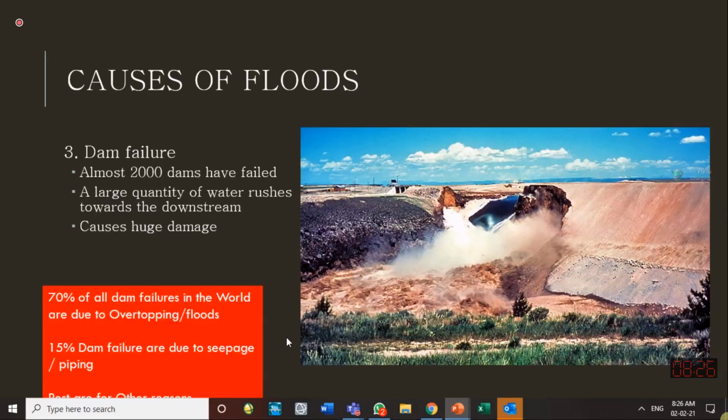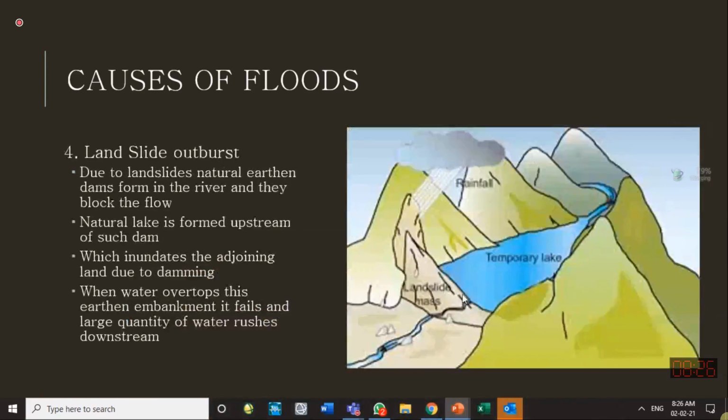So here is the example of the dam break, and it can cause huge flooding. Here is the example of the landslide. A landslide occurs over here, and a reservoir is created, because this blockage of the river is not engineered. Just soil, debris and rocks have stopped the water. So most of such landslide dams are breached within a year. 99% of them break within a year.